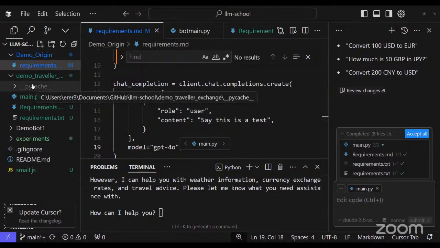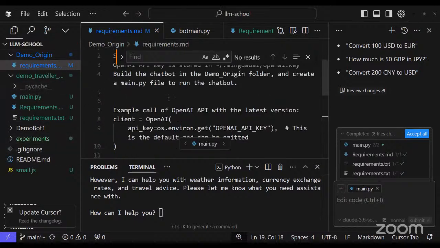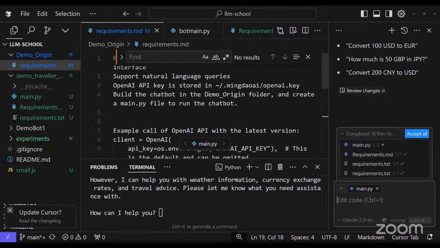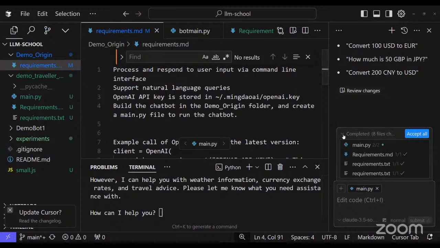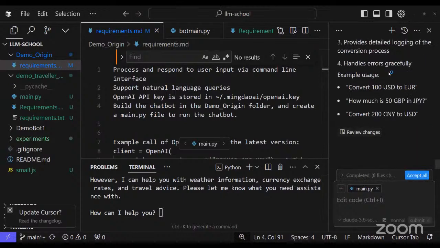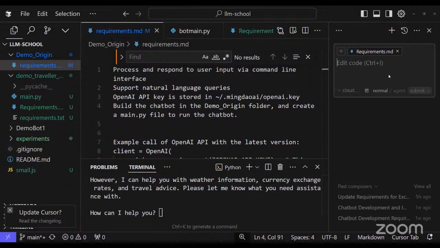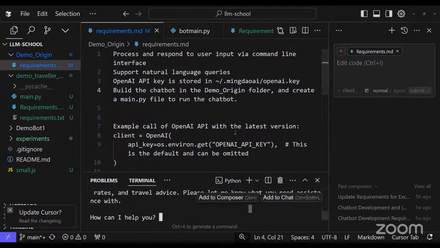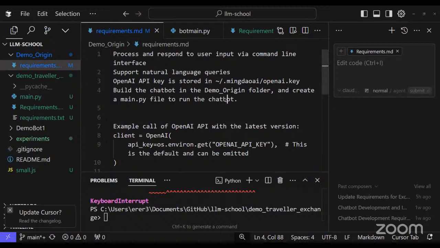So on the left, this is a regular IDE. On the left, we can see the file managing system where we have a list of files and their contents. In the middle, we have the contents themselves and what's written inside of the files. And on the right, we have a direct place where we can talk to an AI, which can help us write code. I've already prepared a few requirements for us to use based on a few things which help guide the AI in creating a chatbot.